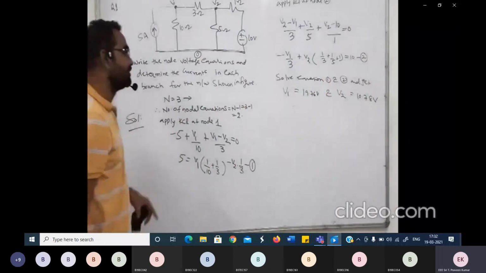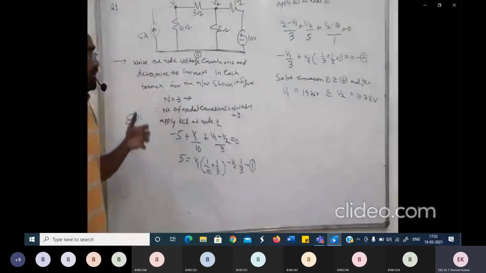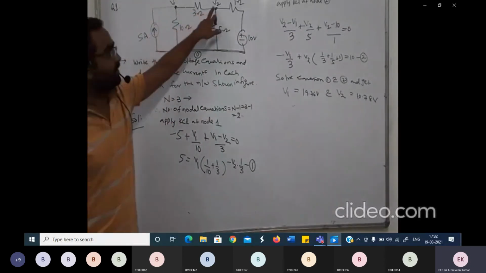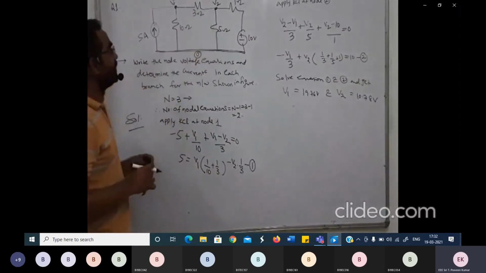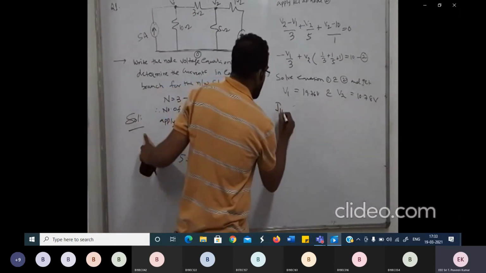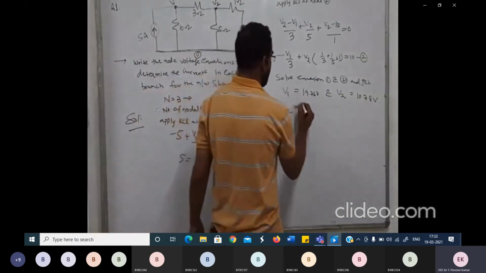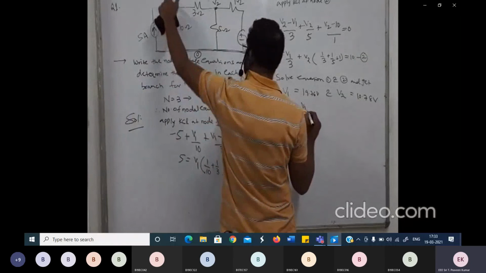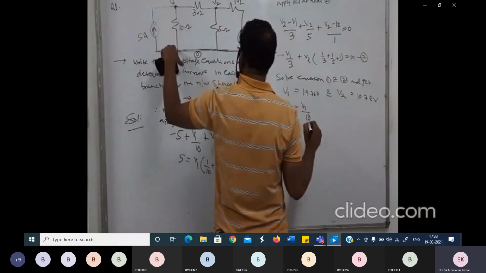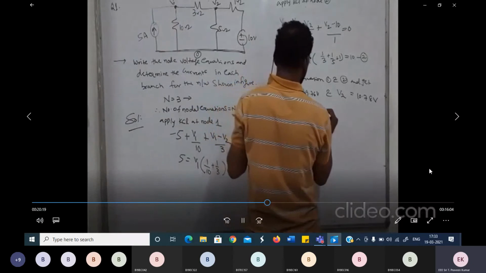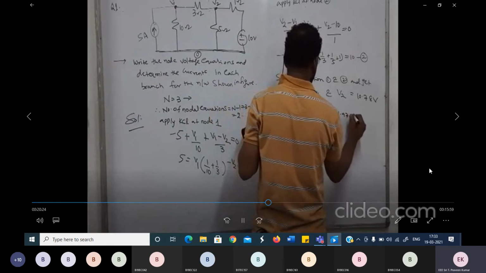Now the question asked is to find the currents flowing in each and every branch of resistors. What we have calculated are V1 and V2. Now let us see the current flowing through each and every element. The current flowing through the 10 ohm resistor I indicate as I10 ohm. What is this equal to? V1 divided by 10, because the voltage across your 10 ohm resistor is V1. So this comes out as 19.76 divided by 10, which is nothing but 1.976 ampere.